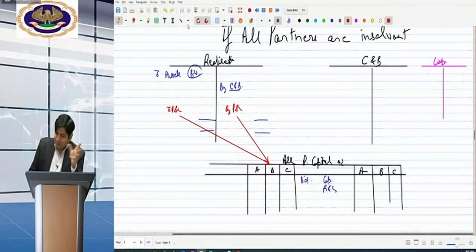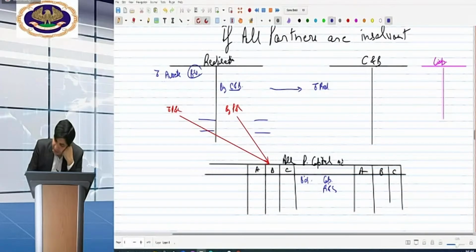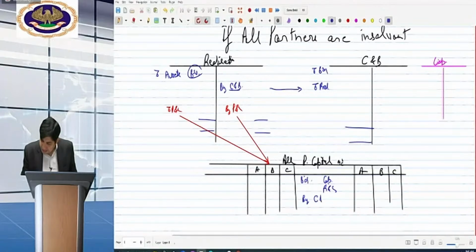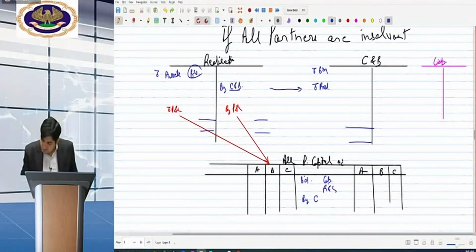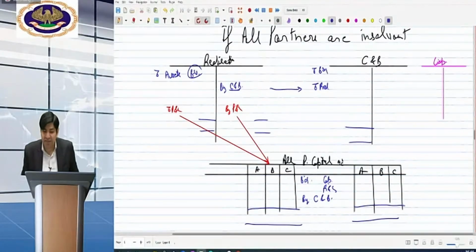So assets have been closed, but liabilities are not being closed. Cash and bank is also in the cash and bank to realization account. From that, the balance brought down is there. Now total cash available is to be calculated, and that will be calculated only after cash and bank collection from the partners. If anything they could pay... they are not paying, that's the reason they are insolvent, but still a better dividend percentage may be there, and that has to be calculated.